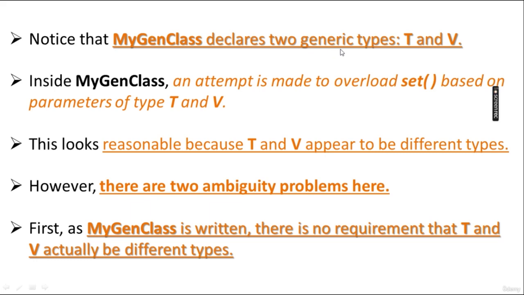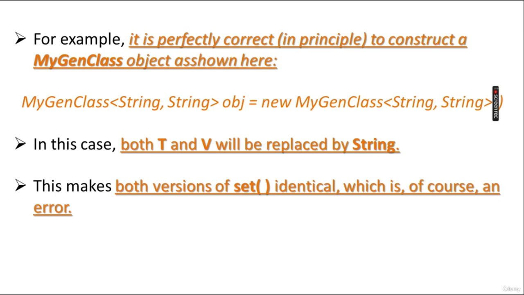MyGeneric declares two generic types, T and V. An attempt is made to overload set based on the parameters of type T and V. This looks reasonable because T and V appear to be different types to you, but for the compiler they are the same because the type is not given over here. There are two ambiguity problems here. First, as MyGeneric is written, there is no requirement that T and V actually be different types. You can pass them both as a single type to a generic. It is perfectly correct